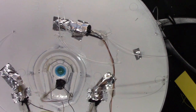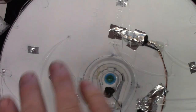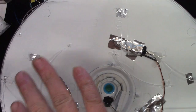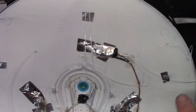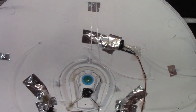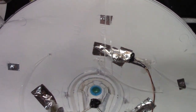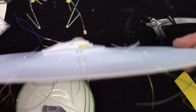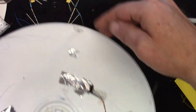Alright, now I've gotten the fiber optics run for all the lights, and I'm stationary lights. I'm trying to keep it where you guys can see it, that's why I got a little closer, but I'm gonna let these things dry, because I've already done the blackout, especially on this nav, so I'm gonna let that get good and dry. But turn it over so you guys can see, I got wires everywhere. So as soon as that gets dry,